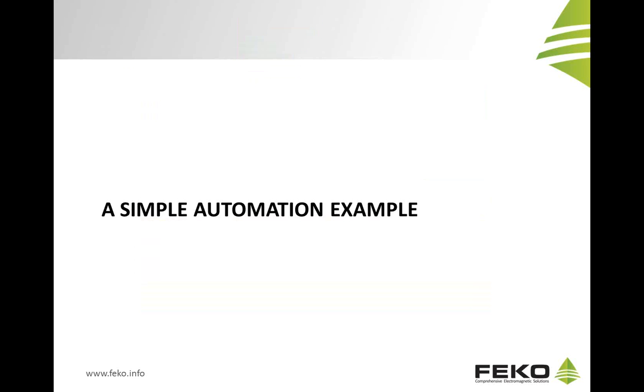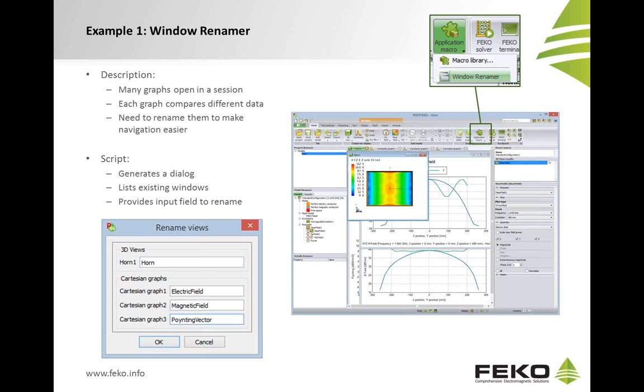Our first example that we're going to look at is a simple automation example. Now, as stated earlier, the automation examples are commonly used to drive the applications themselves. In other words, aspects of the application or a session can be modified. So our example for today